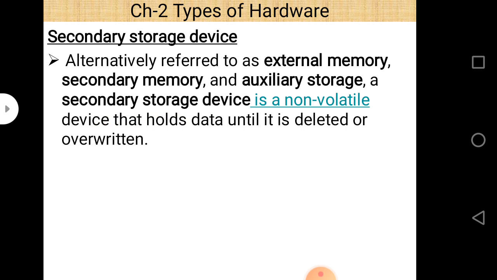And now secondary storage devices or secondary memory. Secondary memory is different from primary memory. First of all, it is a non-volatile memory. It means it saves data permanently, such as a hard disk. The hard disk is an example of secondary memory. If we want to save data permanently to our computer system, then we can use a secondary storage device or a hard disk. There are many examples of secondary storage devices. Hard disk is one of them.